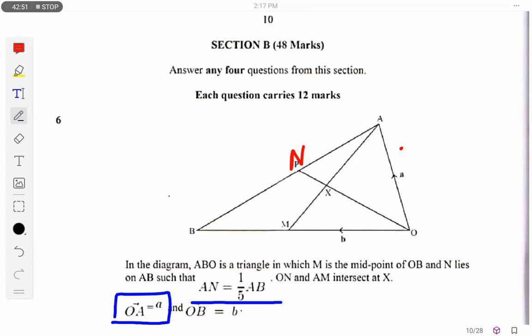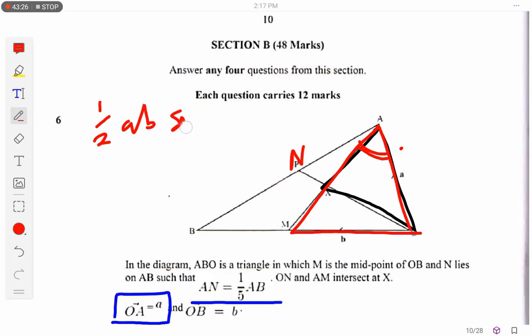So we have triangle OAX, like this one, and we have another triangle OAM. These are the two triangles. So you find out they've got a common angle there, which is that one there. Okay, so with this information, I can say, using my formula for triangle, half AB sine theta, I can say